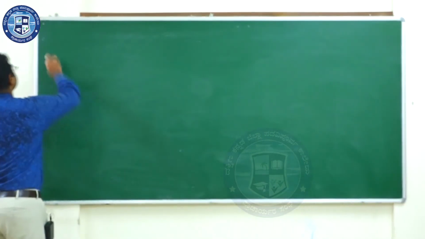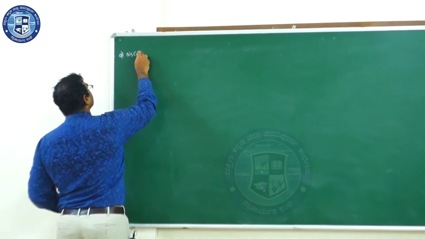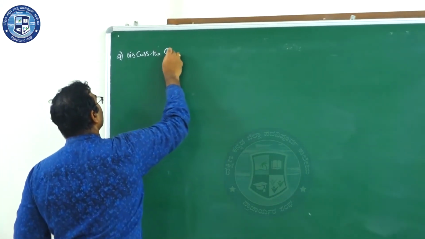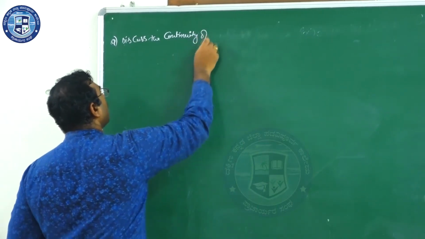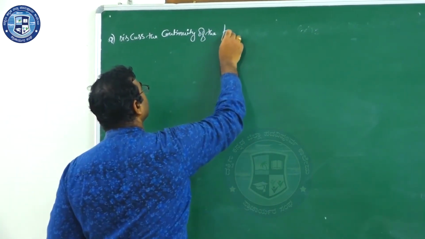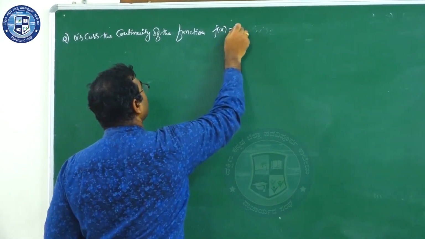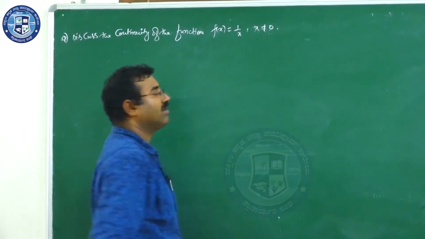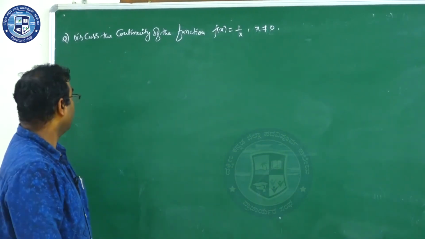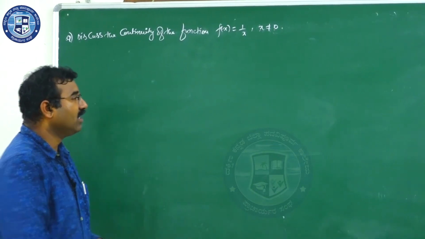Discuss the continuity of the function f(x) = 1/x, when x is not equal to 0. This is the question. Discuss the continuity of the function f(x) = 1/x, x not equal